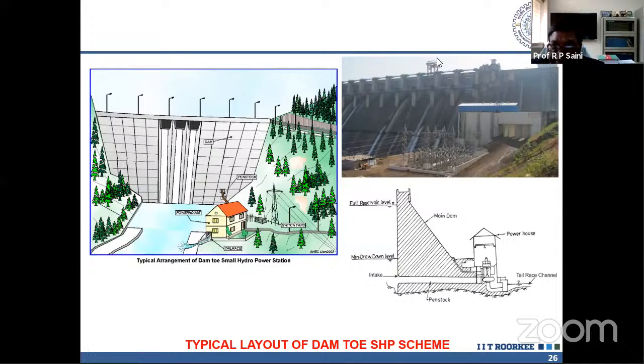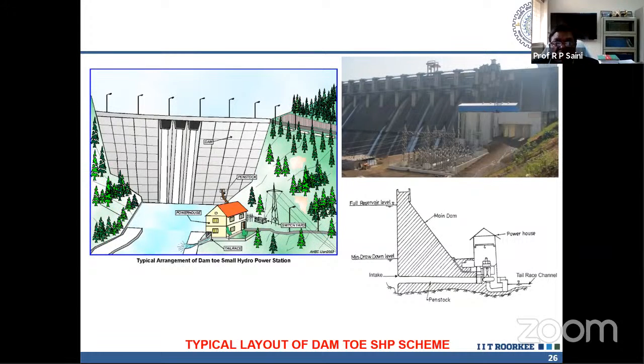So what we thought is that, instead of releasing the water from the top, we release the water from the bottom like this, and that water goes through the turbine. This turbine will tap this potential energy, this head, and the same quantity of water will go there. So this is the plant. This is known as the dam toe, that means the toe of the dam, and it's a very simple installation. You just put a hole in the dam, put in a pipe, and release the water.